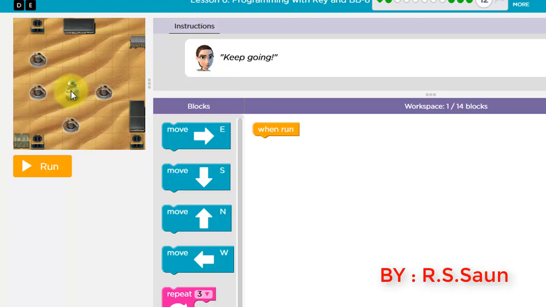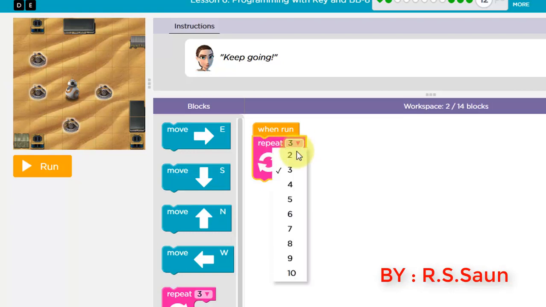Now what you can do, you can take two steps here toward the east, two steps toward the south, and then some more steps toward the west, and then some steps toward the north. I think this route is more convenient to me. Or you can go up, then you can follow this. So there can be many solutions, whatever you like you can do. I will show you one.